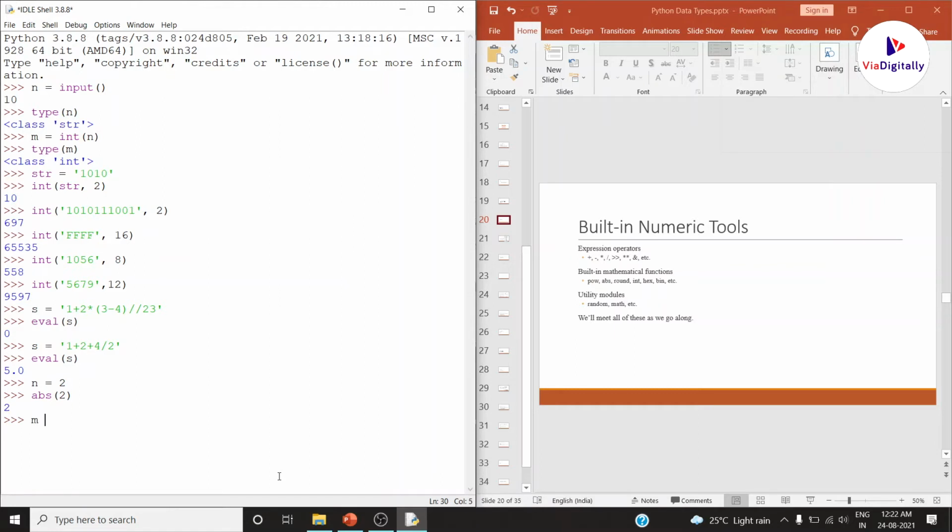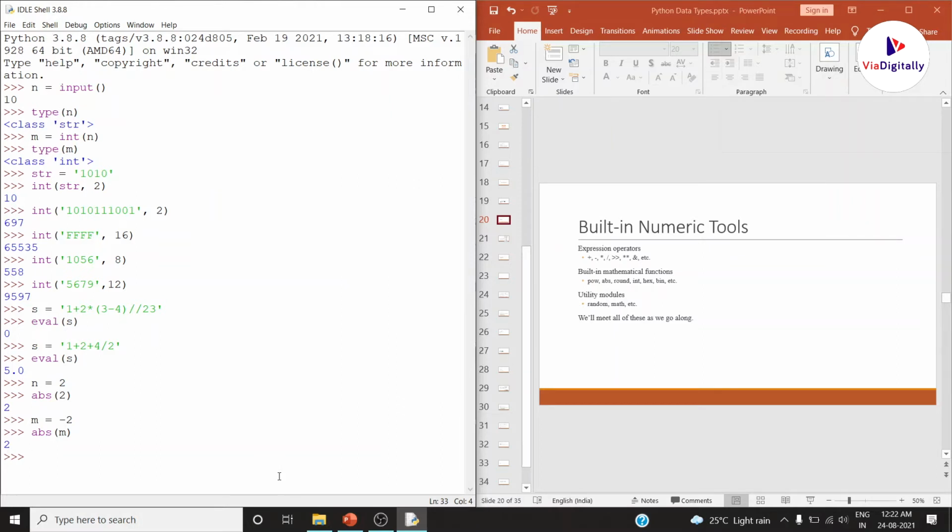For example, m is equal to minus 2. I want to know the absolute value of m. It is still 2 because absolute value means we calculate the magnitude, not the sign. So that is the function of abs.